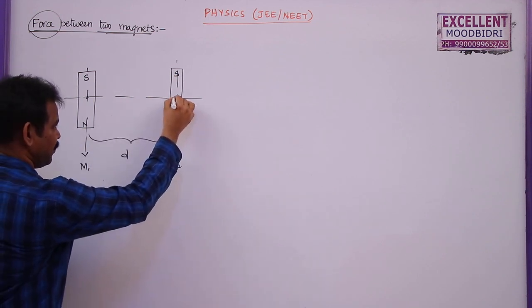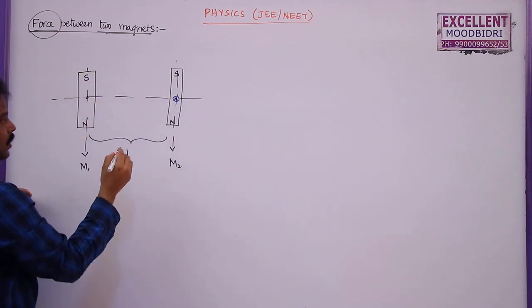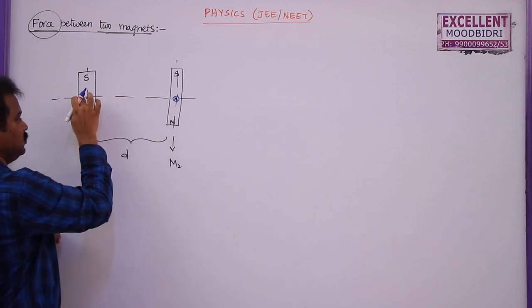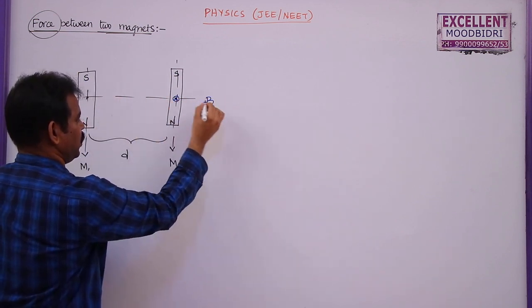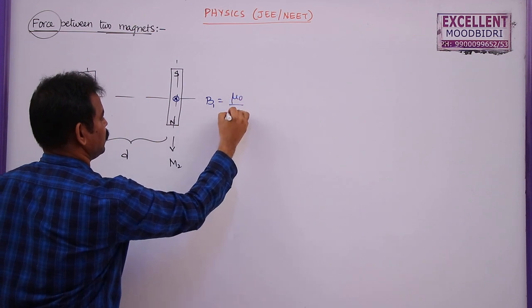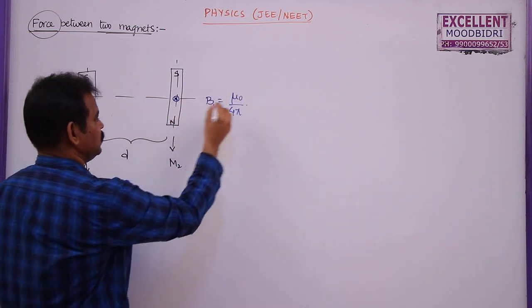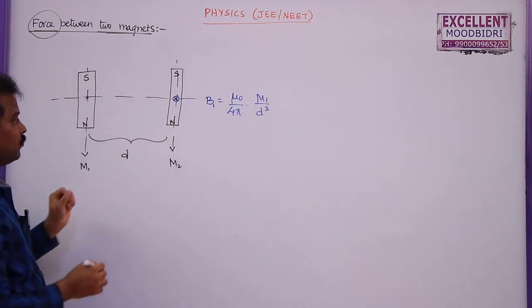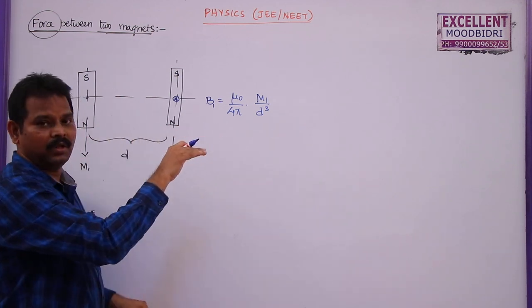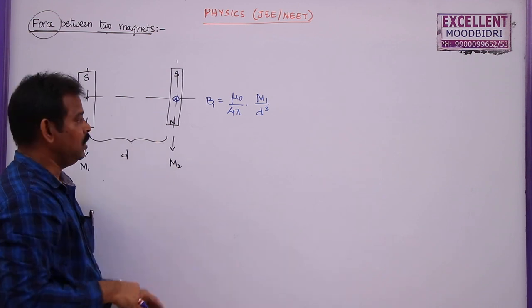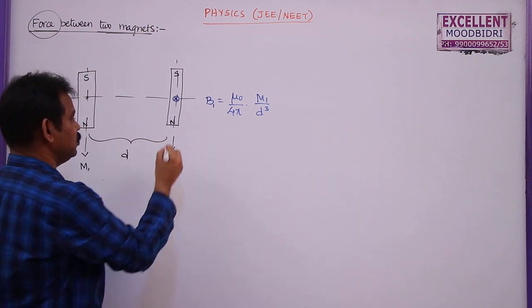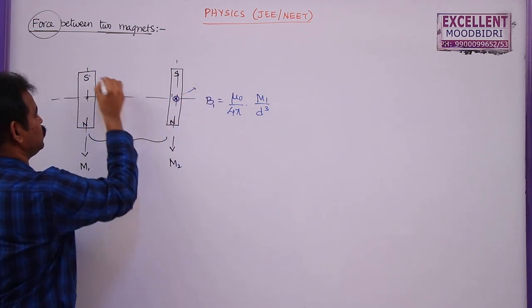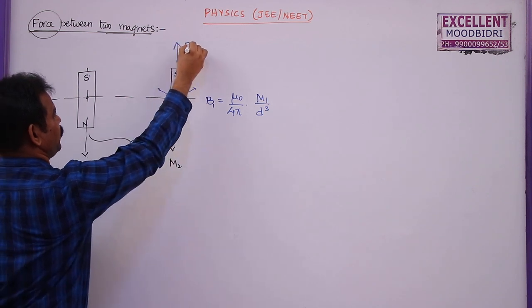So how to find the force of attraction between these two Bohr magnets? First of all, what is the magnetic field induction at this point due to this one? Wherever you want to find out magnetic field induction, we have this formula. This is the equatorial line. So B at this point due to the first Bohr magnet is given by mu naught by 4 pi, m1 by d cube. This is the magnetic field induction. But what is its direction? Whenever we want to find out electric field, we assume that a unit positive charge is placed there. But when finding magnetic field induction, we assume that a unit north pole is placed there, 1 ampere meter. These two repel, these two attract. So this is the direction of magnetic field here.